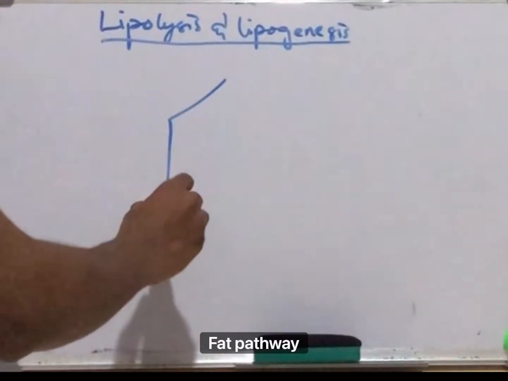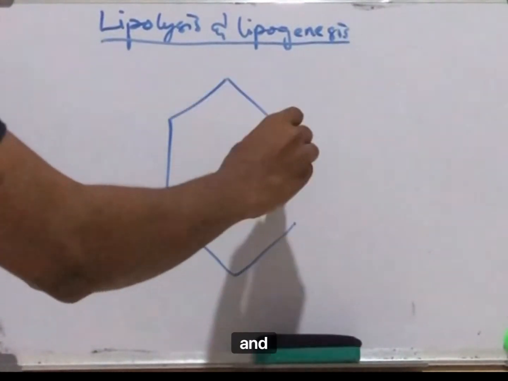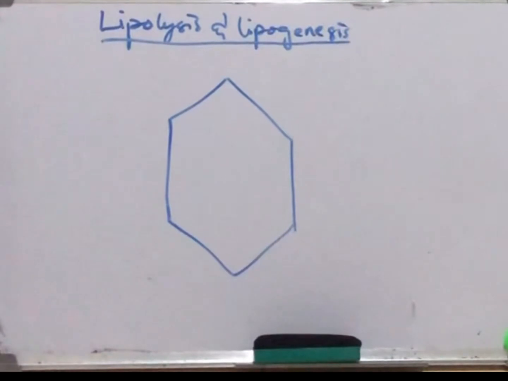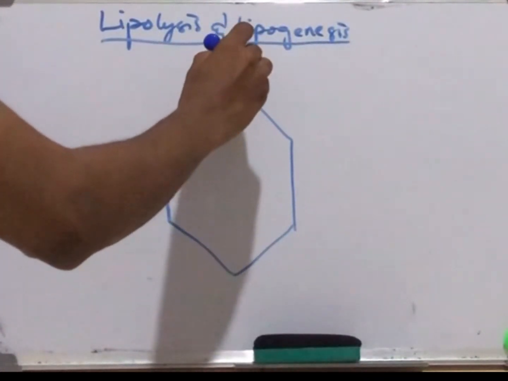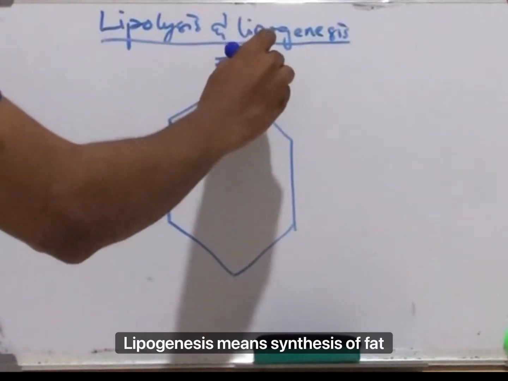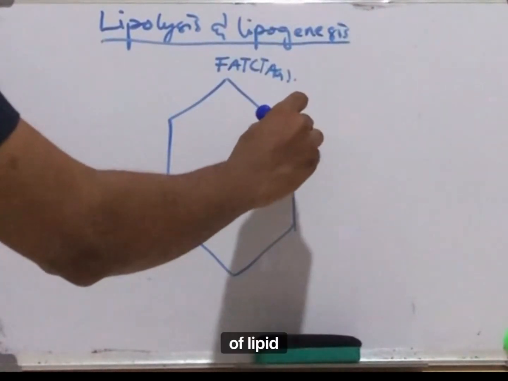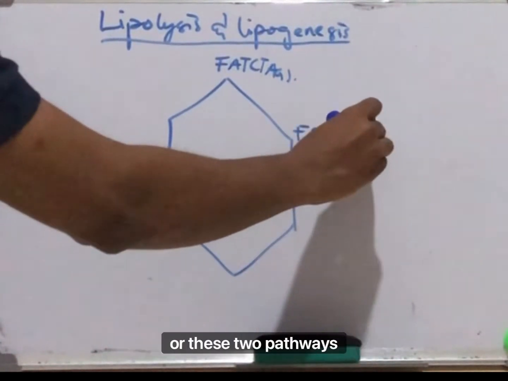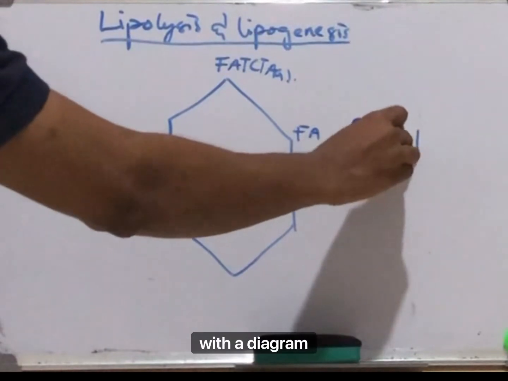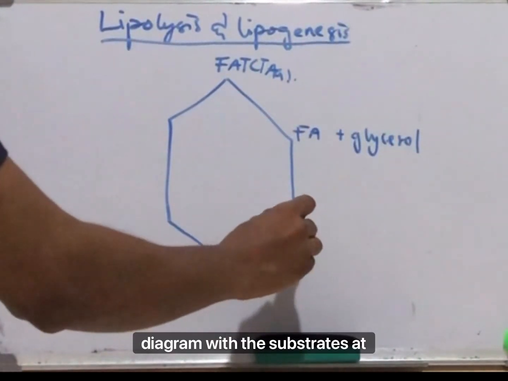So the fat pathway simply involves lipolysis and lipogenesis. Lipolysis means what? Breakdown of fat or breakdown of lipid, and lipogenesis means synthesis of fat or synthesis of lipid. We'll illustrate these two pathways with a diamond-shaped diagram with the substrate at